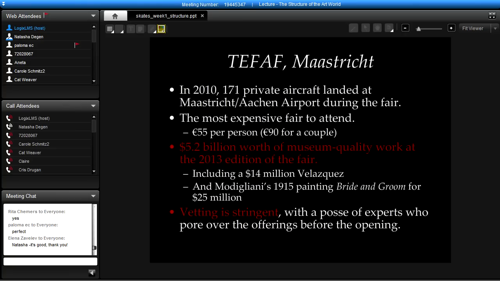Now I want to talk about a little bit of a different example, TEFAF, or the European Fine Art Fair in Maastricht, which some would say is the most moneyed and exclusive art fair in the world, focusing mostly on, similar to Frieze Masters, work prior to 2000, one could say. There certainly are contemporary galleries that participate, but most of the galleries focus on art from earlier periods. It's a very diverse fair. But it's also known for, like I said, being quite an exclusive event.